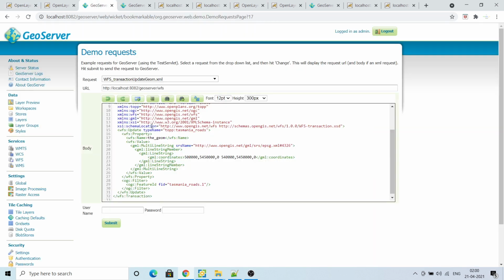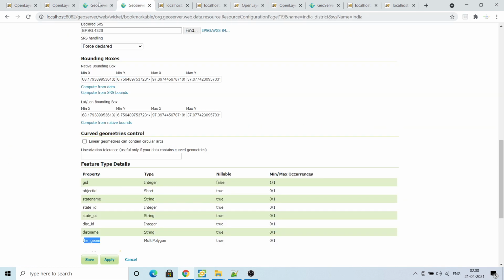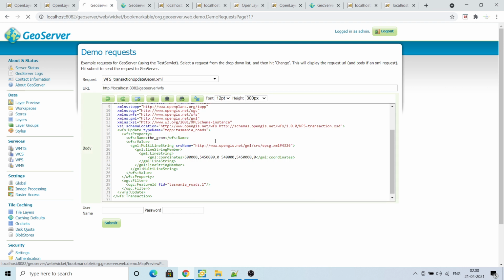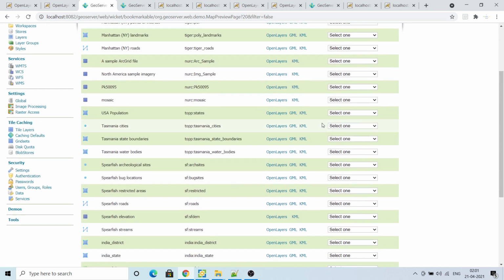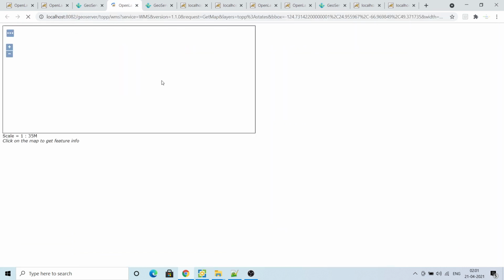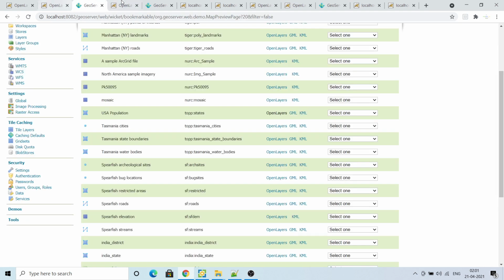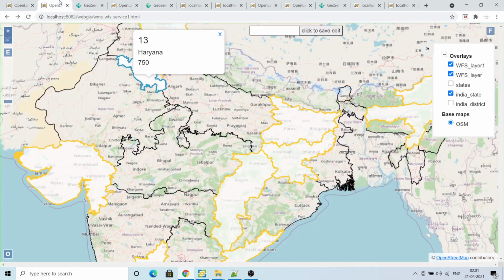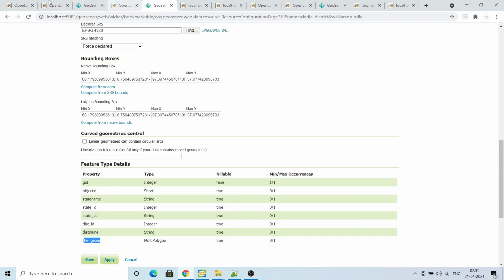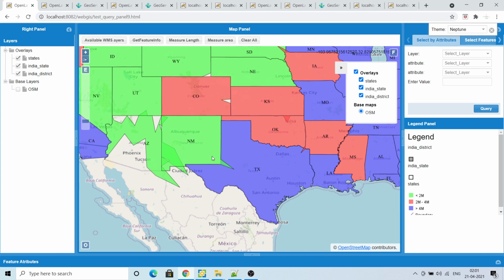in the server. So if you go to GeoServer and layer preview, it will change this. It must have changed. You can see the color and everything. So I have used the same thing like I have explained here. I have used the same thing here and I was able to make it more dynamic.